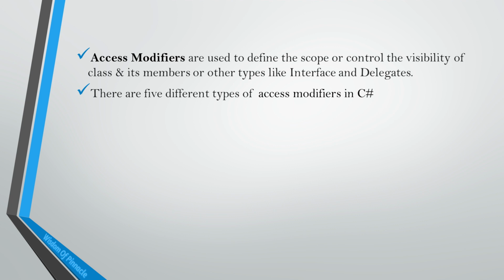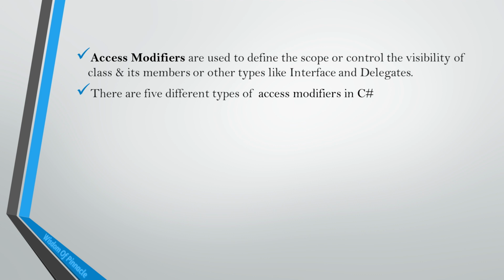Now, before starting with the types of access modifiers, we all know that in C Sharp, whatever code is to be written is always written inside a class or interface. So, we will try to understand types of access modifiers with respect to class and assembly. Now, what is an assembly? Assembly is nothing but a precompiled code available in the form of DLL or EXE, or we can say it is a set of classes.